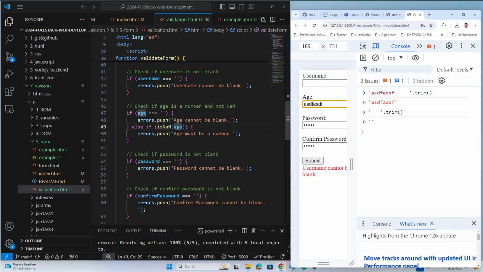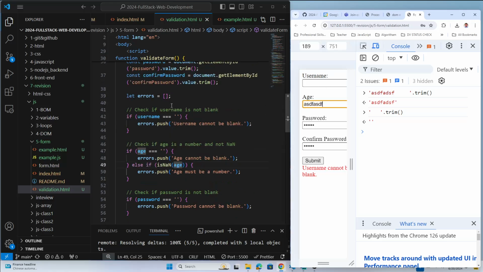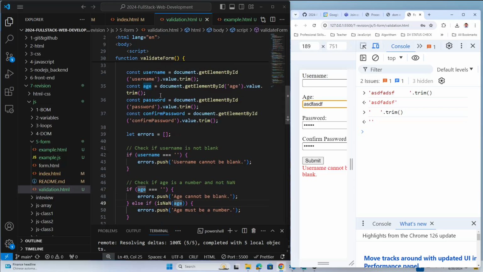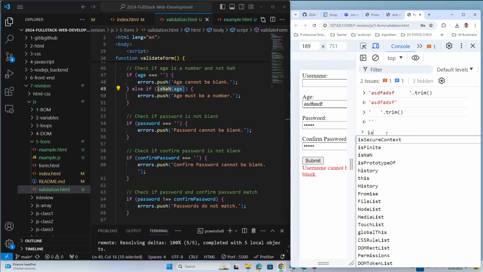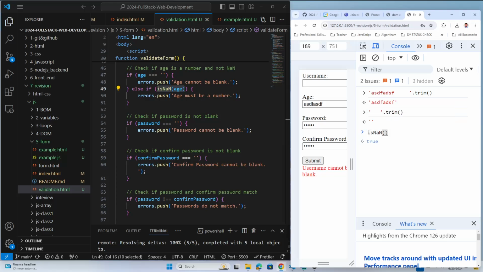if this is not a number, so age we get from here, right? We get the age from here. You are passing that string to a function called is not a number, some random string. So that will give false. Not false, basically true, because that is not a number. Let's do this: is not a number, and just pass something. There is nothing, so that is true, but if I pass here maybe some string, like that, see, is not a number is true,